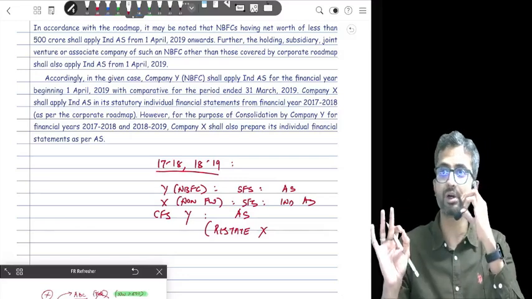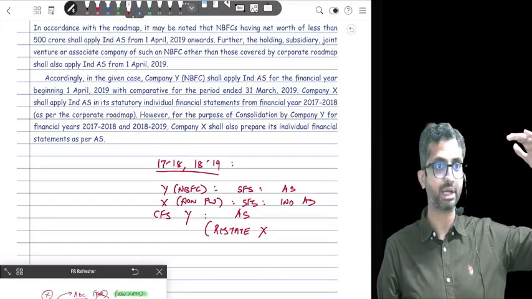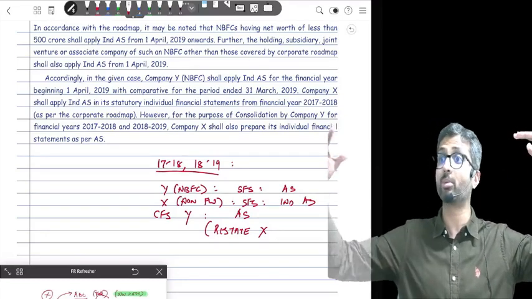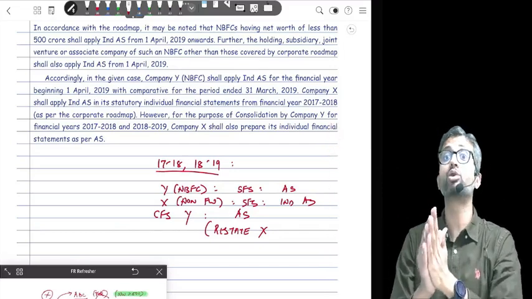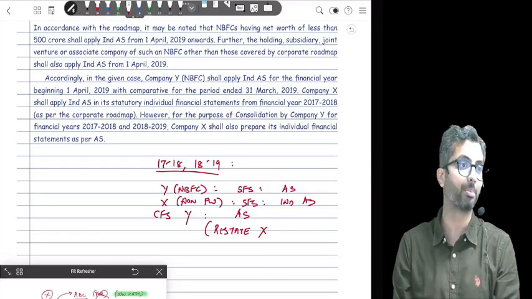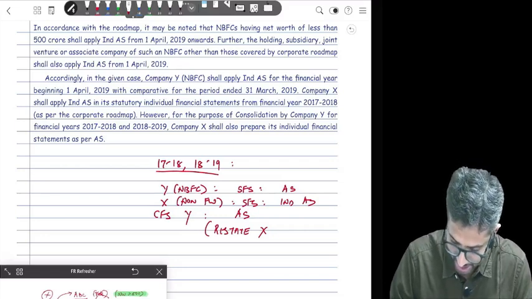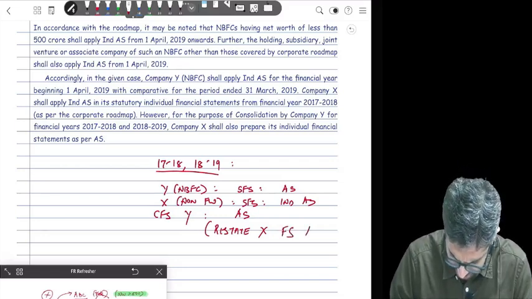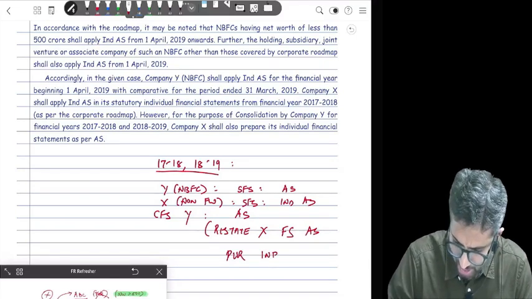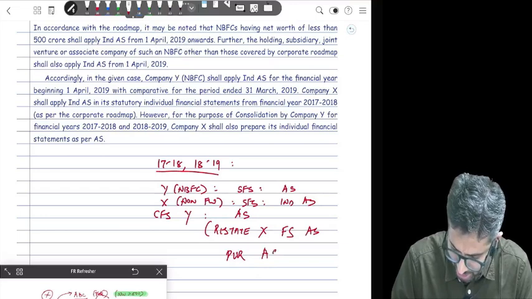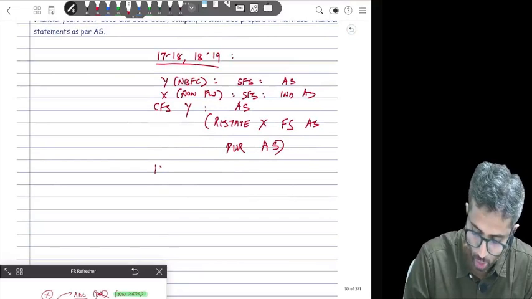Understanding? The law for consolidation is the same. I will consolidate as per the parent's accounting policies. The parent over here is NBFC, and its accounting policy is AS. The subsidiary independently is following Ind AS. But when I consolidate, I have to consolidate as per uniform accounting policies. Are we clear with this? Hence, I will restate X's financial statements as per AS. Going forward, from 19-20 onwards,